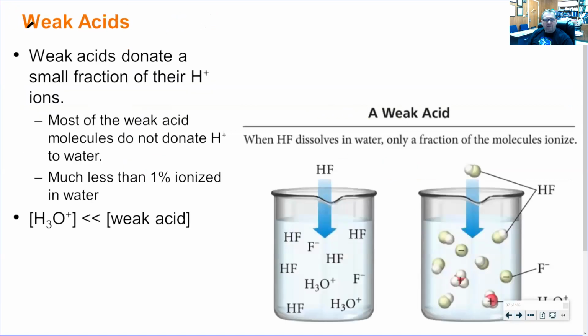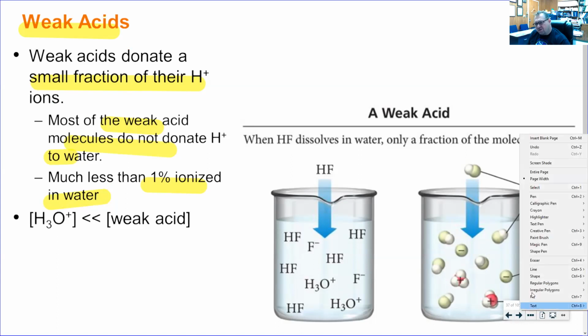All right, now we look on the other side, the weaks. So weak means that it's a fractional dissociation. So it's a partial ionization. So most weak acids don't donate 100% of the proton to water. Sometimes it's much less than 1%. Sometimes it's more than 1%. But the key thing is that it's partial. It's not complete. And what do I mean when I say sometimes? Because what happens with weak acids is the extent of the ionization is dependent on the concentration.